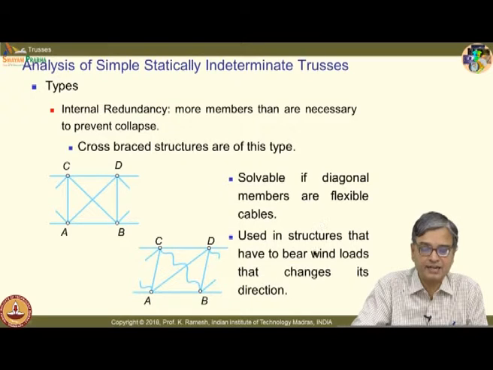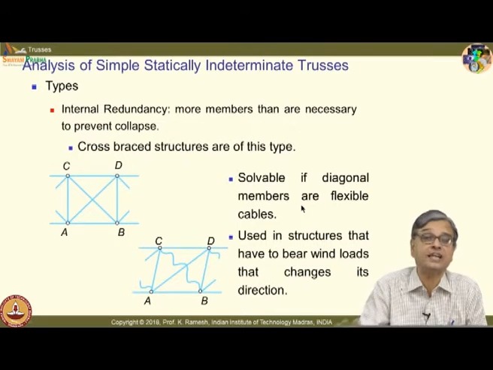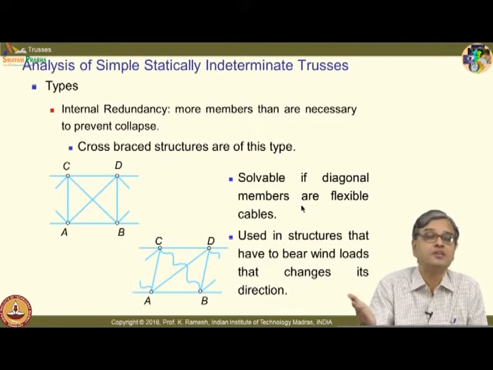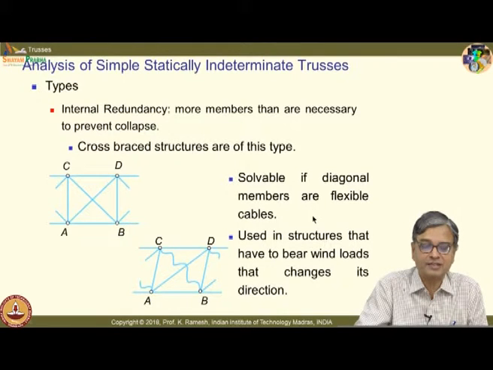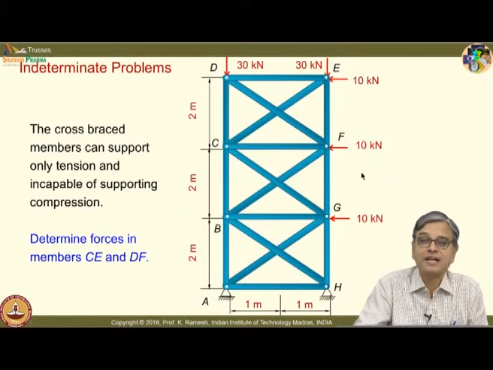And I have already said that these are necessary to bear wind loads, because they keep changing direction. You do not know which way the wind will blow. So, I should have cross braced members. So, when the wind force direction changes, one of the members will come into play, the structure will be safe, the bridge will not collapse. Two days back there was a storm and one of the bridges connecting France and Italy collapsed. So, do not think that failures happen only in the past, they can happen even now. So, you have to design it properly.